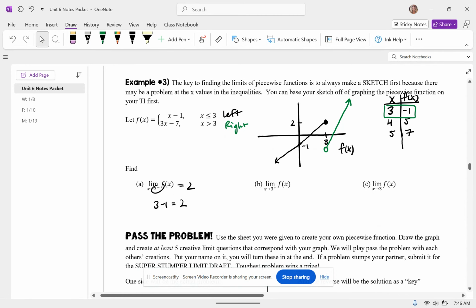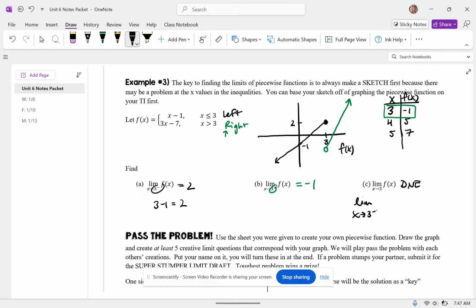Now let's look at the limit as x approaches 3 from the right. From the right, that means I'm going to go to the right piece here. I'm going to evaluate the function at 3. I already did because I needed it for my table, and I end up getting -1. Therefore, the limit as x approaches 3 in total, what is that going to look like? Yep. And then we would say the limit as x approaches 3 from the left of f of x is not equal to the limit as x approaches 3 from the right of f of x. Okay, so